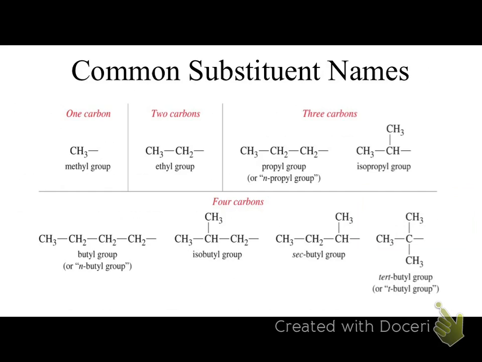Acetic acid is one of them, yes. Here are the more common ones that you'll end up seeing when it comes to the common names. So first off, if you have only one carbon, that